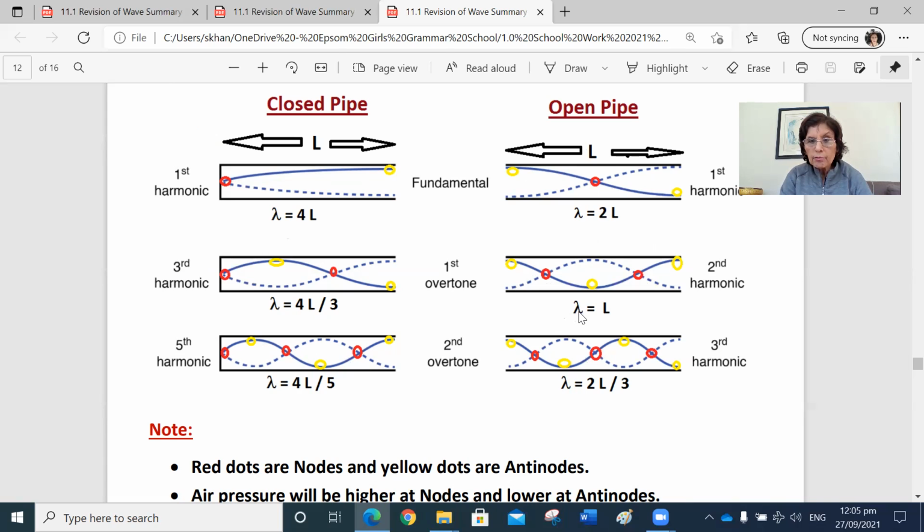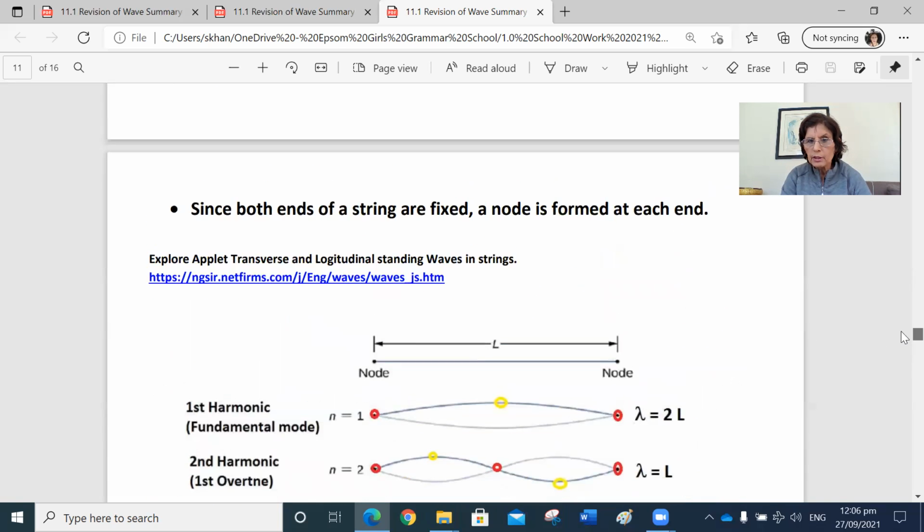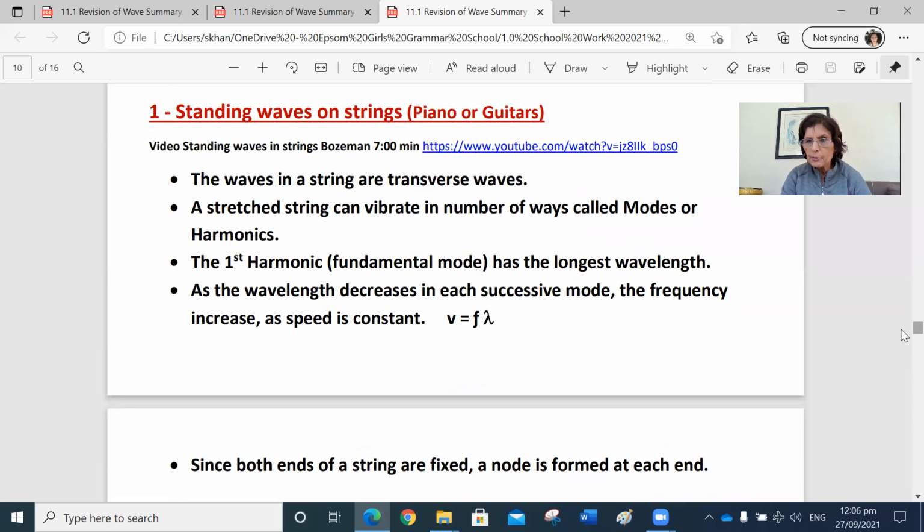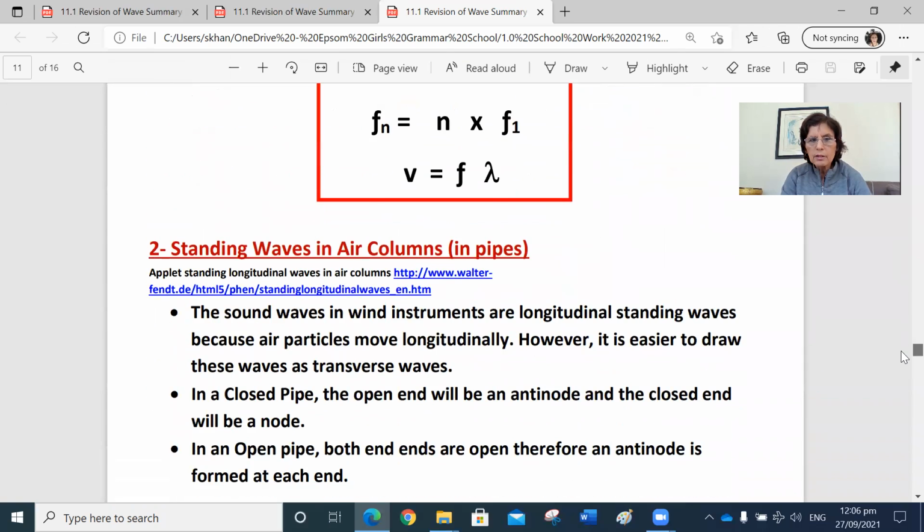If you know the wavelength, then we can calculate the frequency again by using frequency is speed divided by L. And that's the third harmonic. So in an open pipe, there will be the first harmonic, second harmonic, third harmonic, and the third harmonic will be 3 times the first. Closed pipes are slightly different, but these ones have similar patterns as over here. The only difference is that in strings, both ends are fixed, so there are nodes at the ends. And in open pipes, there is